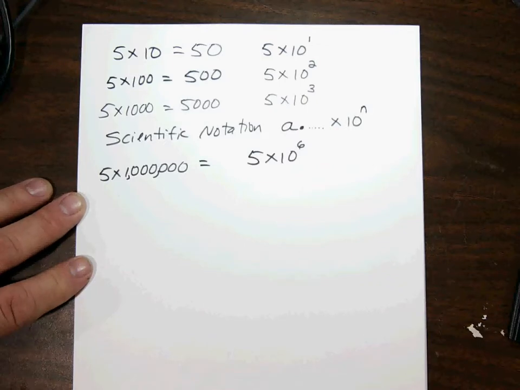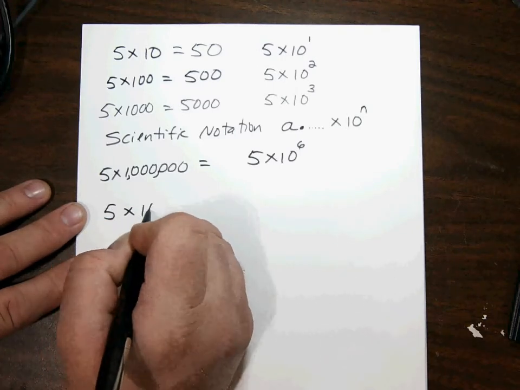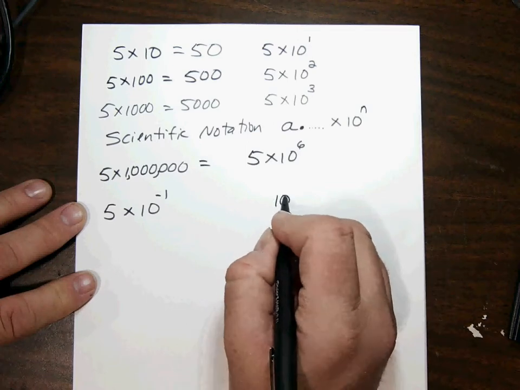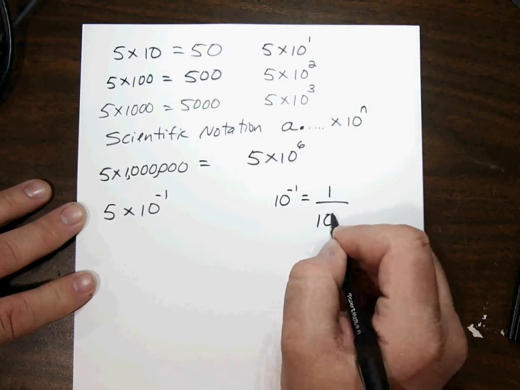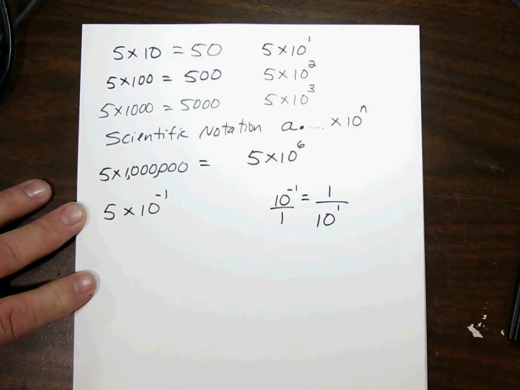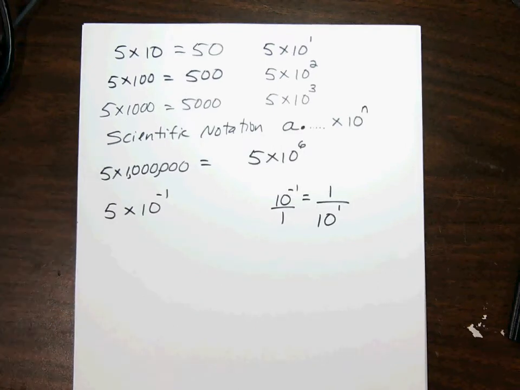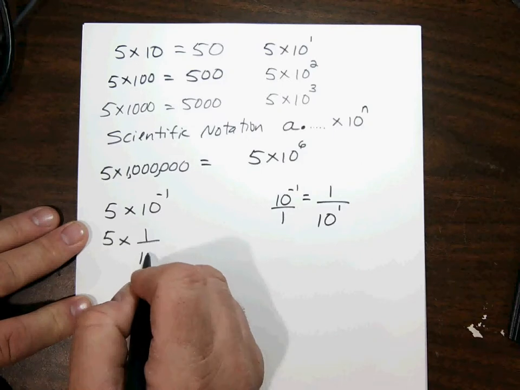Now, what about small numbers? And by small, I mean between 0 and 1. What if I took that same 5 and I multiplied it by 10 to the power of -1. Oh, baby. We got to stop and think a minute. In the last section, I said a negative exponent, like 10 to the -1, that's equivalent to moving it to the other part of the fraction and giving it a positive exponent. We wrote it like that. I said a negative exponent, move it to the other part of the fraction and give it a positive exponent. So 5 times 10 to the -1 is really like I'm saying 5 times 1 over 10 to the positive 1,